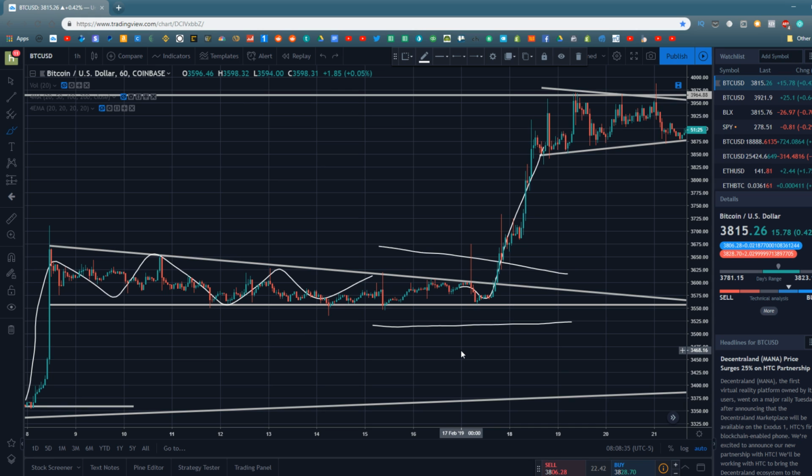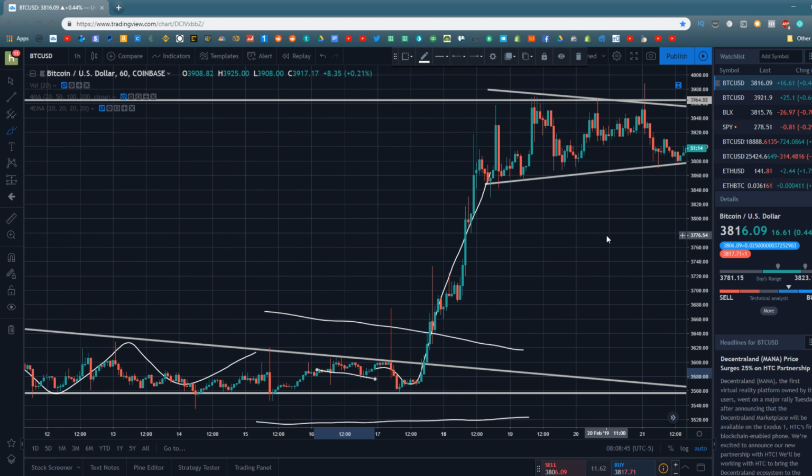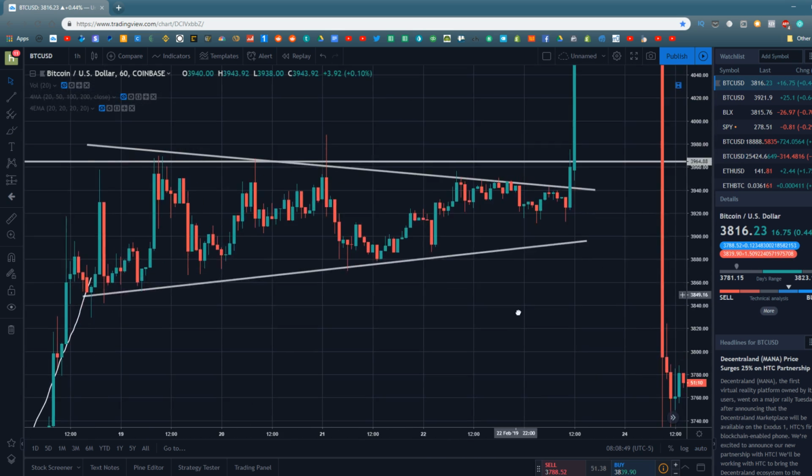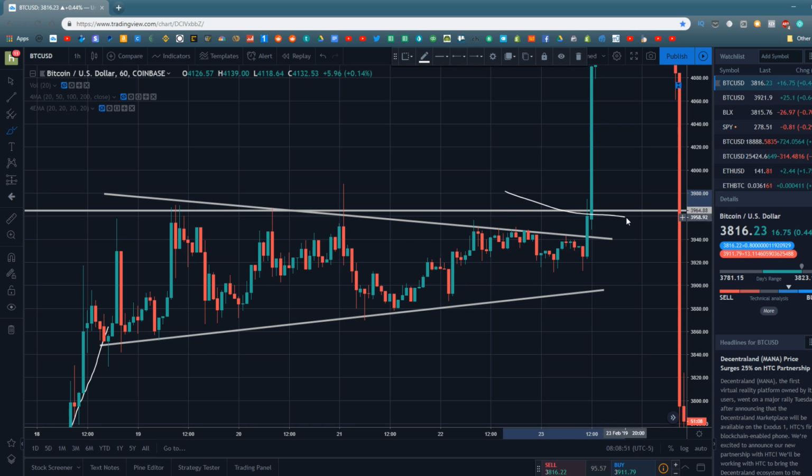So this is essentially free money. I know I'm using that term kind of loosely, but I never use it when it doesn't actually mean it, and this is basically essentially free money, because no matter which direction Bitcoin breaks out of a consolidation pattern like this, let's go ahead and look at this one. No matter which direction Bitcoin breaks out of this consolidation pattern right here, whether it breaks bullish or it breaks